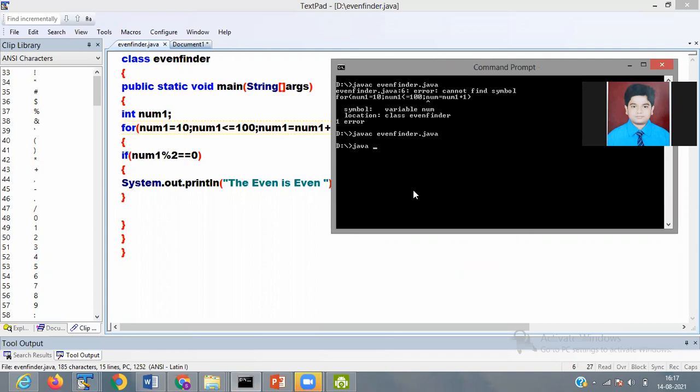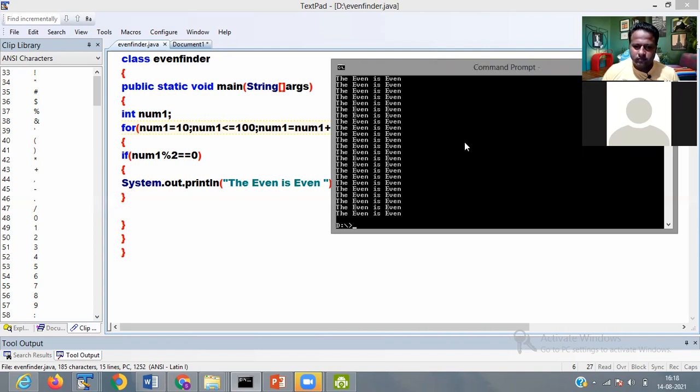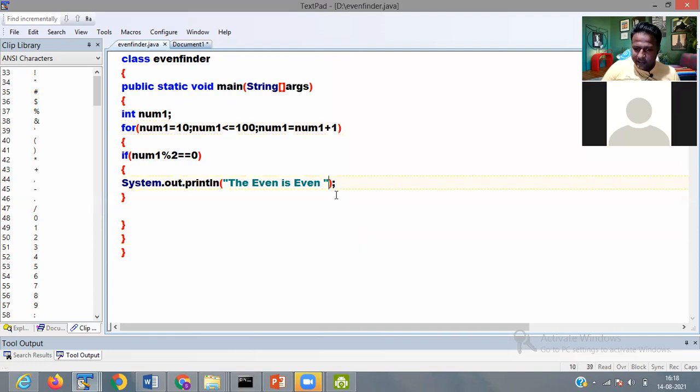Then java. It is printing all the even numbers. Okay, so one thing I do here, I write here plus num1. Then it is showing what numbers are present.